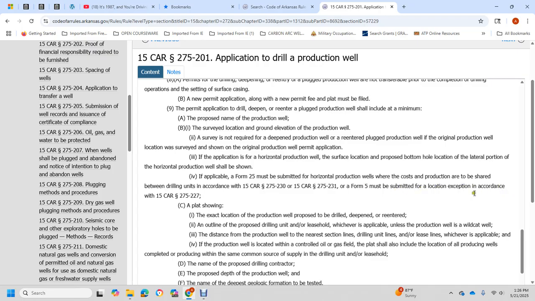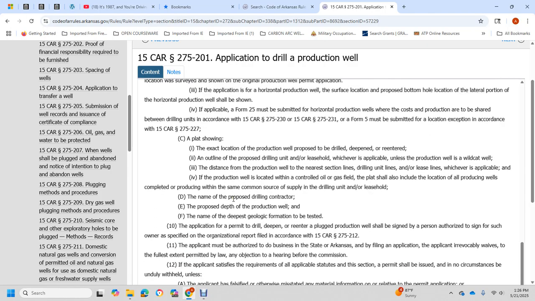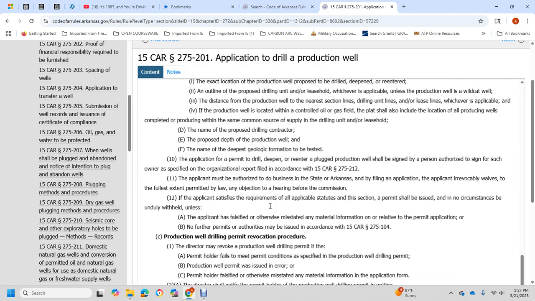Form 5 for a location exemption, according to Title 15 Code of Arkansas Rules 275-227. The plat shows the exact location of the proposed well to be drilled, deepened, or re-entered, and outlines the proposed drilling unit and leasehold, whichever is applicable. For a wildcat well, it shows the distance of the production well from the intersection lines of the drilling unit lines and lease lines, as applicable. For a production well located in a controlled oil and gas field, include the location of producing oil wells completed in the same common source of supply of the drilling unit on the leasehold, with the name of the proposed drilling unit and the proposed production well with the name